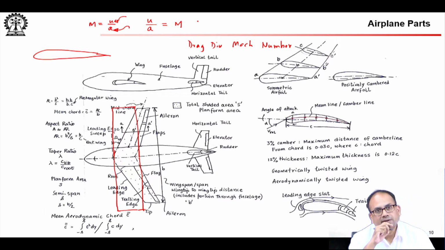So, three situations can arise. One is M less than 1, one is M equal to 1, and one is M greater than 1. When M is less than 1, your acoustic fluctuations are moving faster than the speed at which the flow is moving, because a is greater than u. Then you can reach a situation where you crank up your flow speed, your temperature is the same, so now your flow convection is happening at the same speed at which these waves are moving. So, with respect to the flow, the waves are actually stationary.